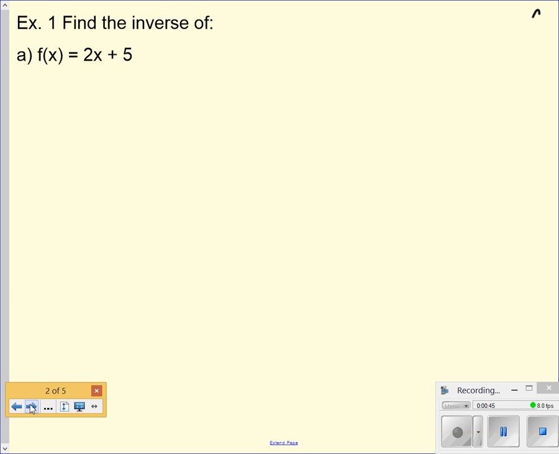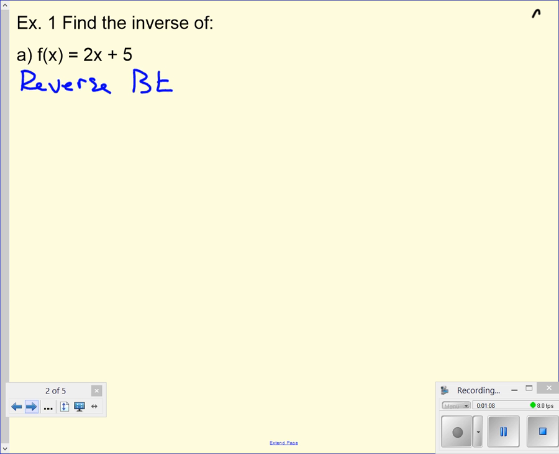In this one, we want to find the inverse function of f of x is equal to 2x plus 5. 2x plus 5 is a straightforward linear function, and we're going to find the inverse function of this. Now, the first method we're going to look at is called the inverse operations or reverse